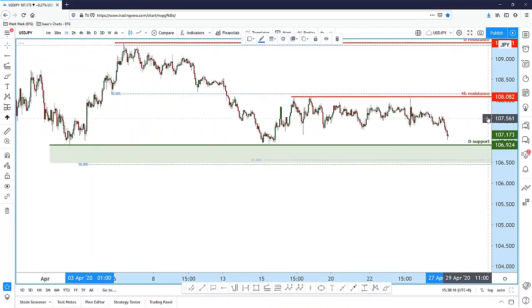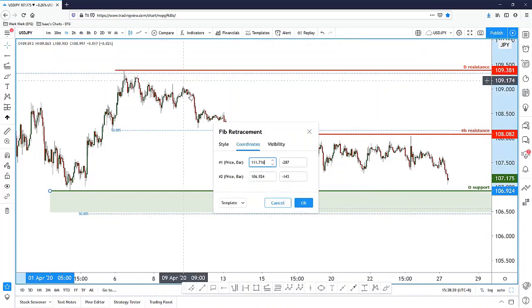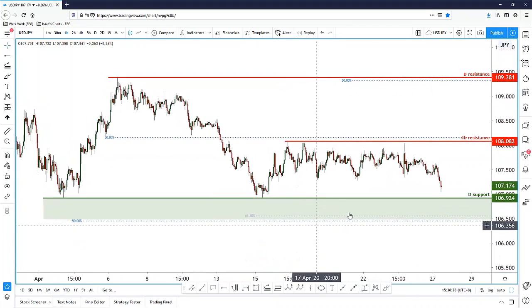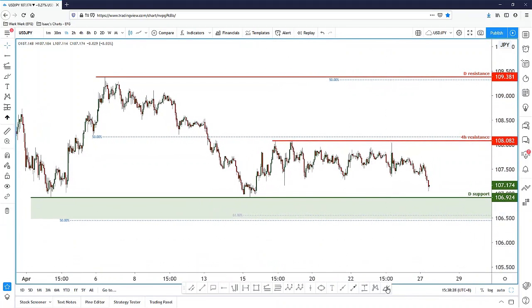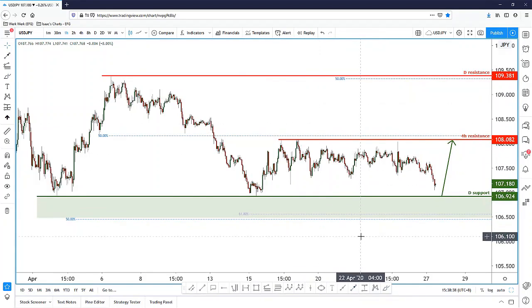All right, now we're on the 1 hour. Seems a bit weird, but we have it here. Let me just tidy this up, so bear with me. Okay, we have the 1 hour chart here. All right, so now we see that price is actually coming close to the daily support. What I would actually do is actually to play a bounce up towards this area, the 4-hour resistance, as my first target,